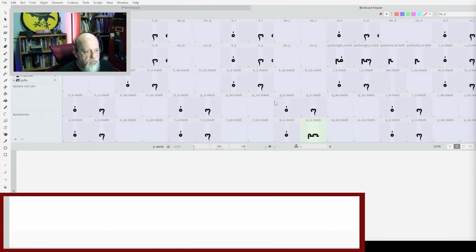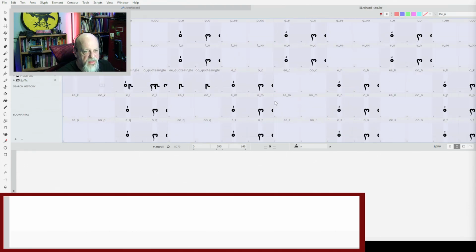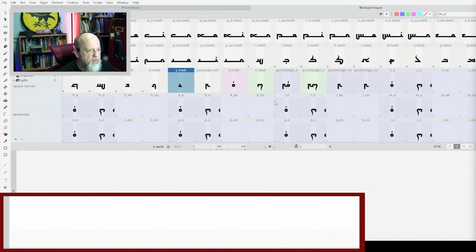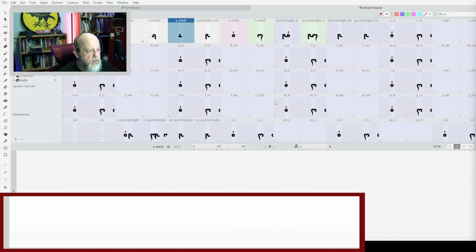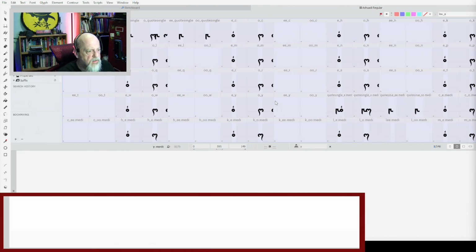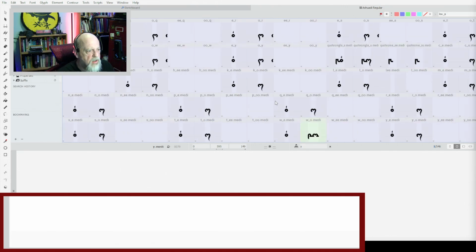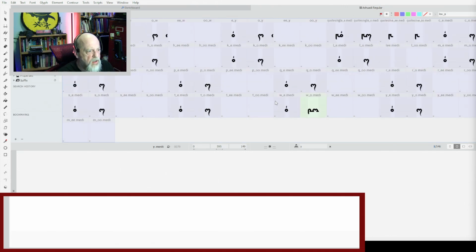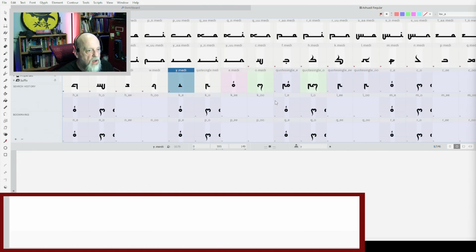Anyway, so all these purple ones in here, I think it's 214 glyphs that have to be updated. Something like that. 1, 2, 3, 4, 5, 6, 7, 8, 9, 10. I think there's 16 to a line there, so maybe more like 170 glyphs or something like that. Yeah, a lot of work, anyway.